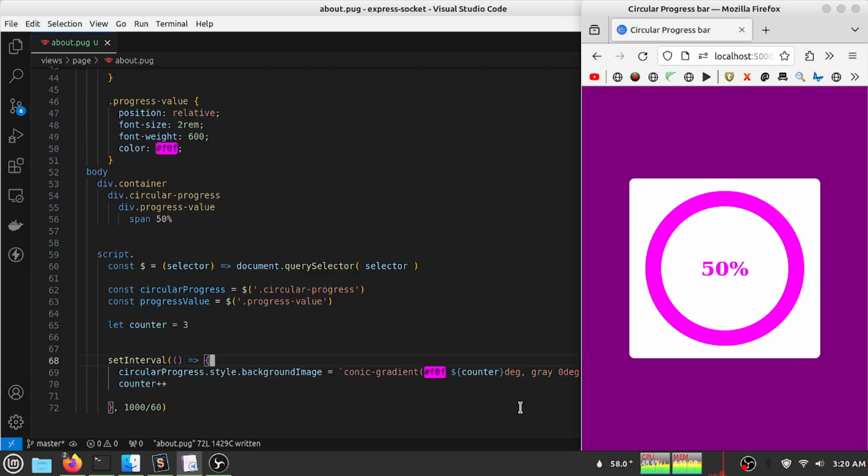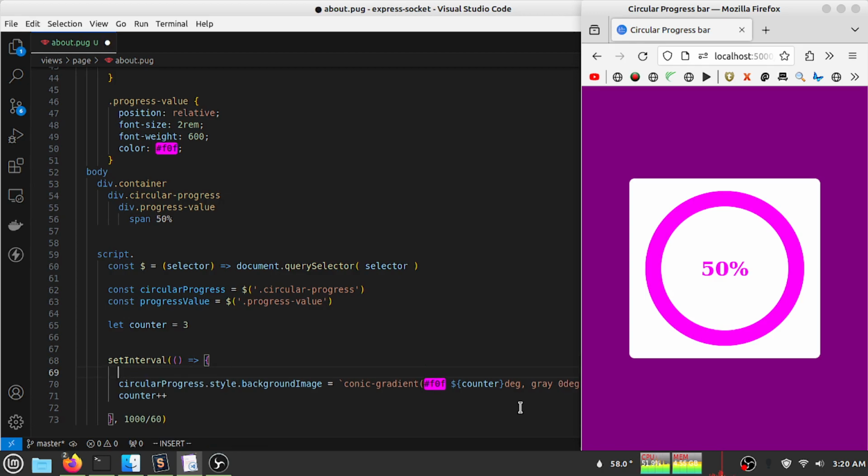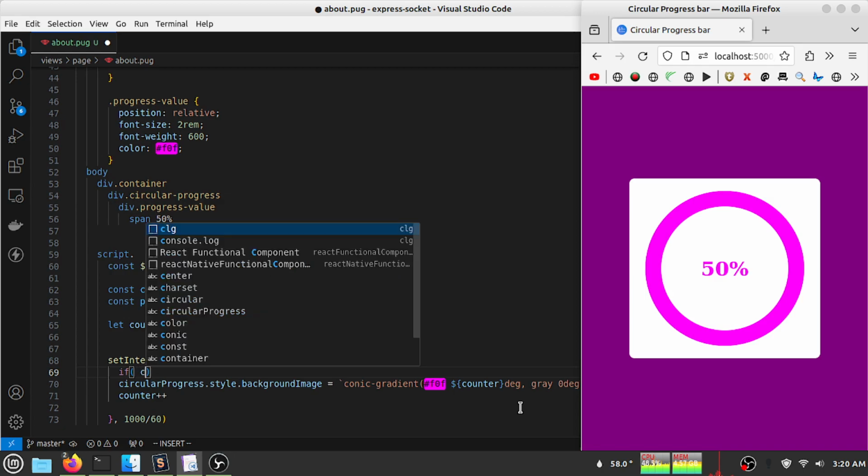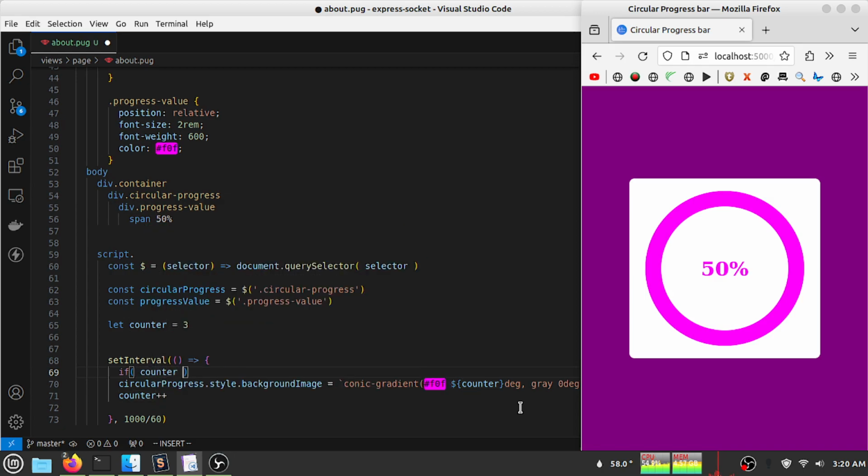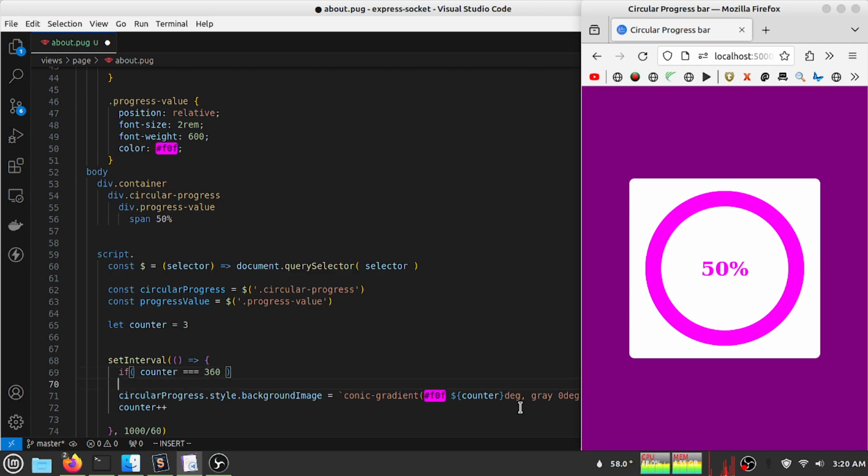So for that I have to put a condition. So if counter value is equal to 100, or actually 300, for example, here the circle is 360, so my set interval will be reset. So for that